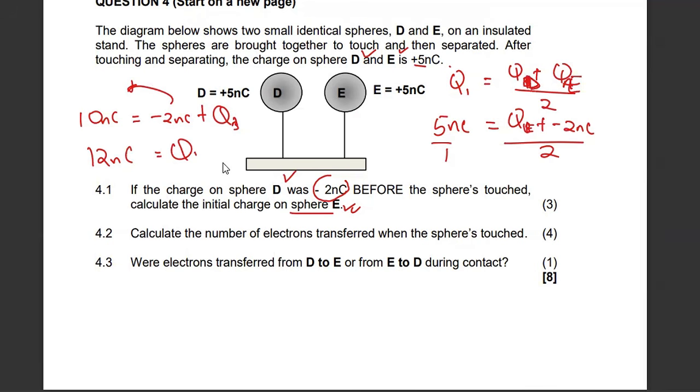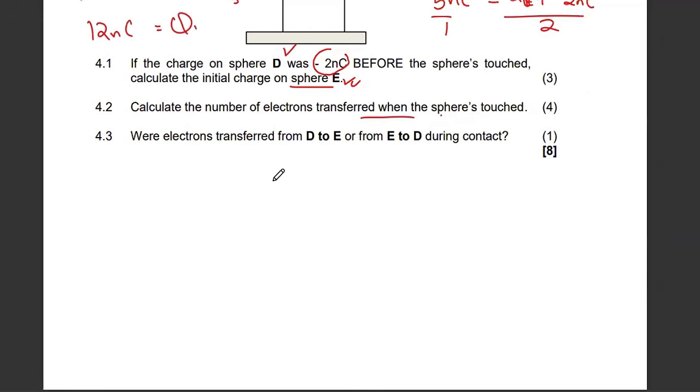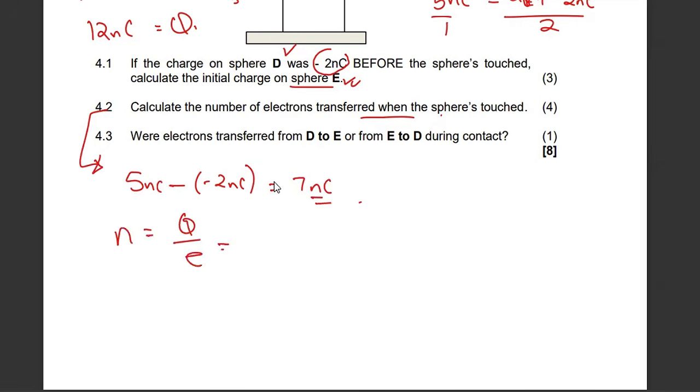It's a D. Okay. Then 4.2, calculate the number of electrons that were transferred. So we need to get the difference between the charges. In that case, if I have 5 nanocoulomb minus negative 2 nanocoulomb, this gives me positive 7 nanocoulomb. So this is the amount of charge that was transferred. But I know that n is given as Q over e. So my charge is 7 times 10 to the negative 9 coulombs. The electron charge is basically